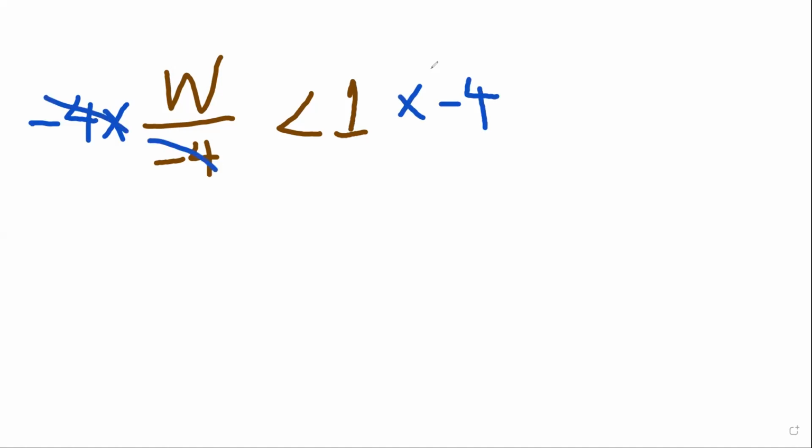So W less than 1 times -4, -4. Now here, since I multiplied by a negative number, I need to reverse the inequality. So here, it will be W greater than -4. So now, when we have to draw